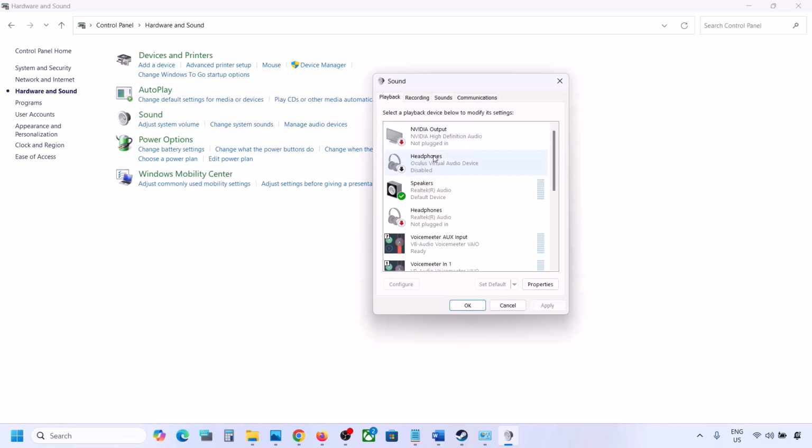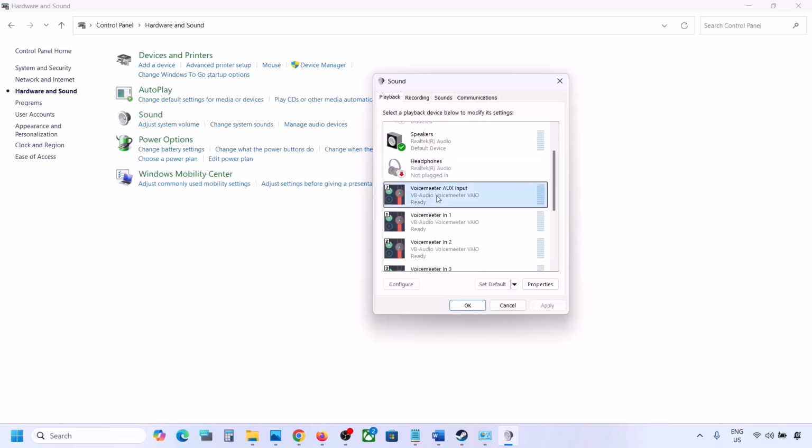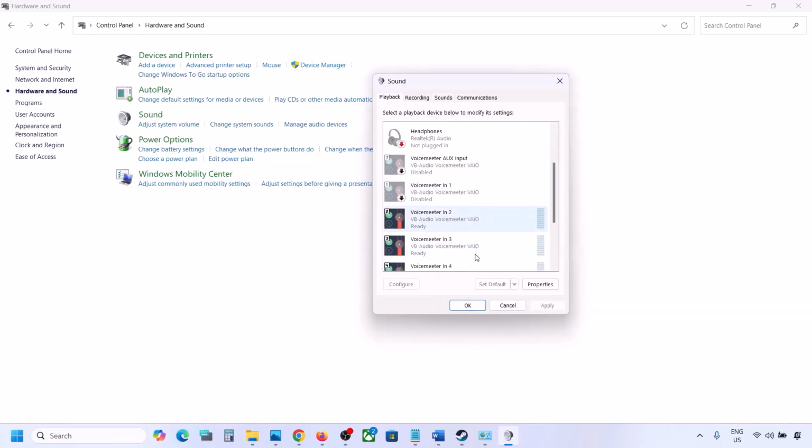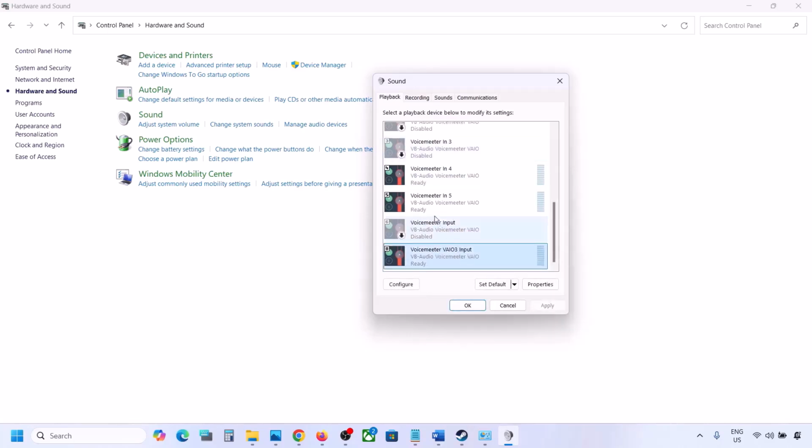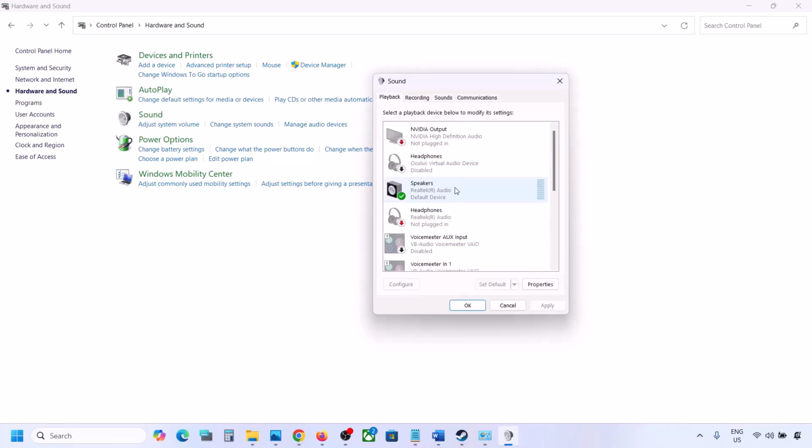Whenever you want to enable, you can simply make a right click and enable it, but while playing the game, if you want, you can disable it. So I'm not using this headphone, I'm not using Voice Meter, so I will disable everything. So disable audio devices which you're not using. Now once you disable all the audio devices which you're not using, you can launch the game, but make